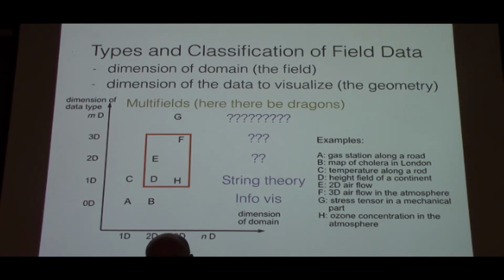Although actually it might be the other way around, InfoVis might be really 1D range and then higher domain. It depends on how you're actually considering range and domain when you start to talk about general data visualization. Once you get to 1D domain and then 1D range and higher dimensional domain, where you might have 11 dimensions,